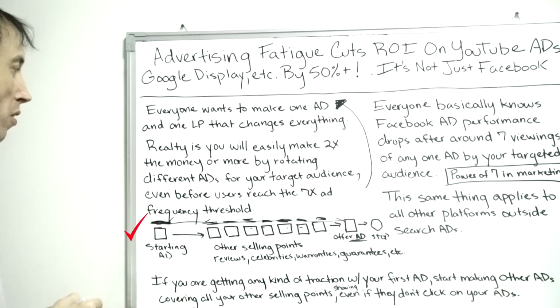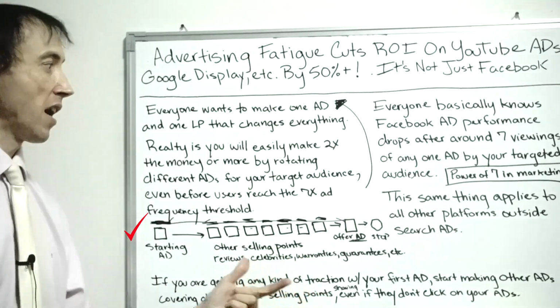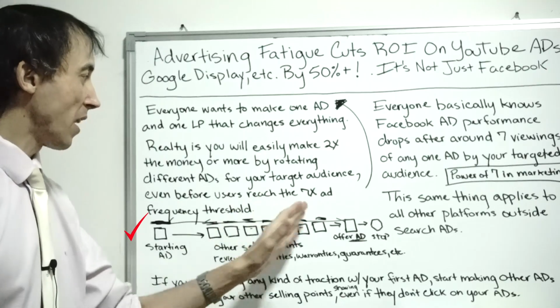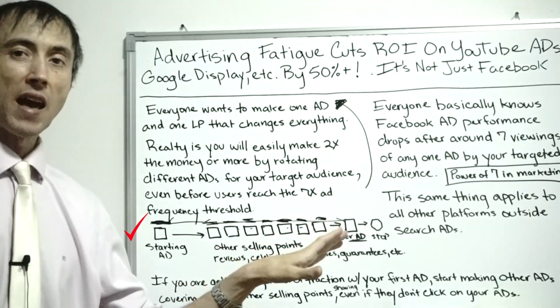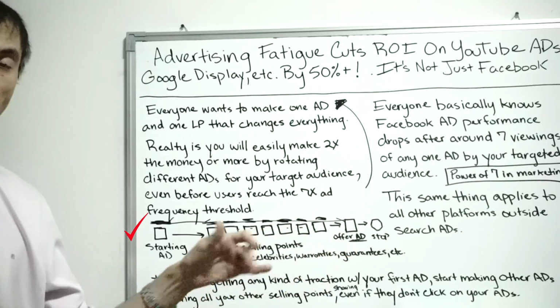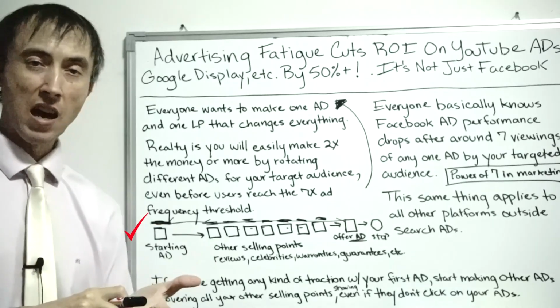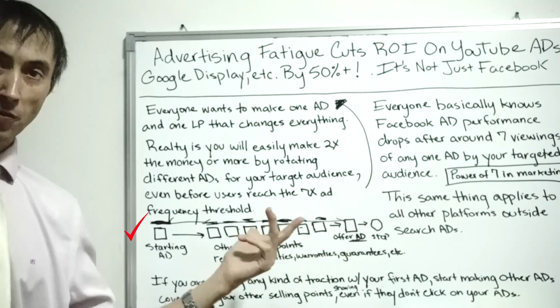But you get the general point here, that one ad by itself generally doesn't cut it, and waiting and making sure every ad gets seen by the person exactly 7 times, which there's technically a way to do that, like with Google Ads on the Google Display Network, YouTube, also on other platforms like LinkedIn and so forth. That's not the way to get the most value out of what you're doing.